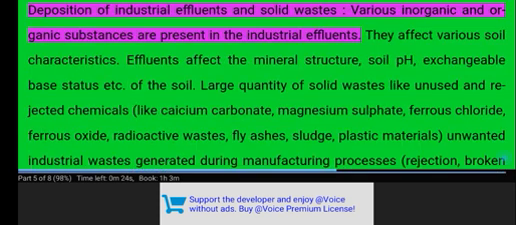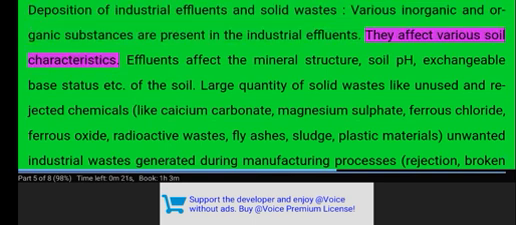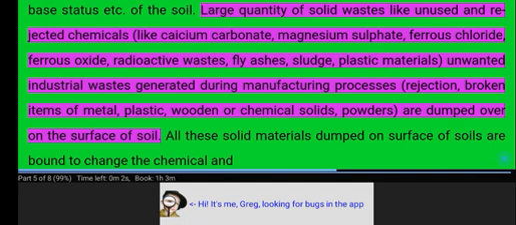Deposition of industrial effluents and solid wastes. Various inorganic and organic substances are present in the industrial effluents. They affect various soil characteristics. Effluents affect the mineral structure, soil pH, exchangeable base status, etc. of the soil. Large quantity of solid wastes like unused and rejected chemicals like calcium carbonate, magnesium sulfate, ferrous chloride,